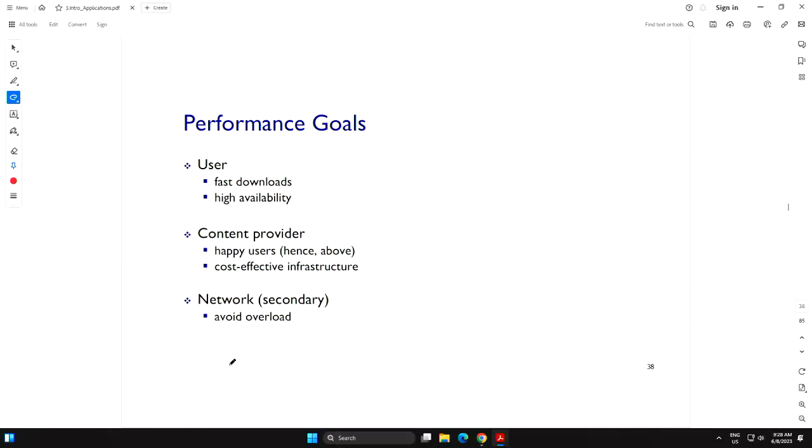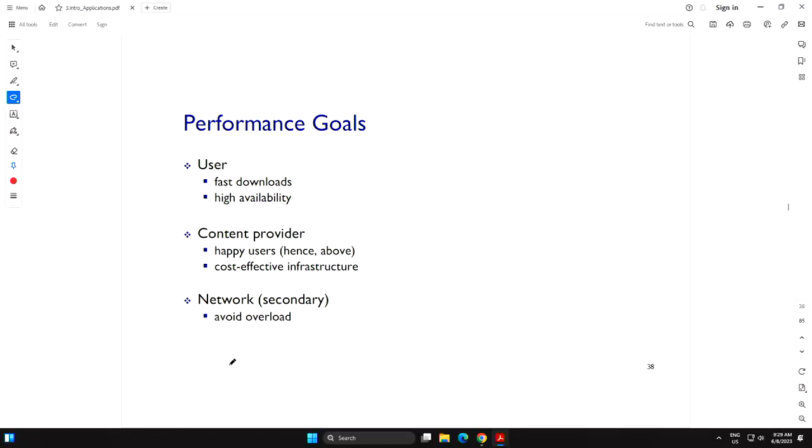Okay, so if you look at the business model, right? We are here because the internet is very popular at the moment, and millions and millions of businesses are making use of the internet to make money, to deliver and attract customers online. So if you look at the business model, you see there are three entities who want to benefit from HTTP. The first one is the user.